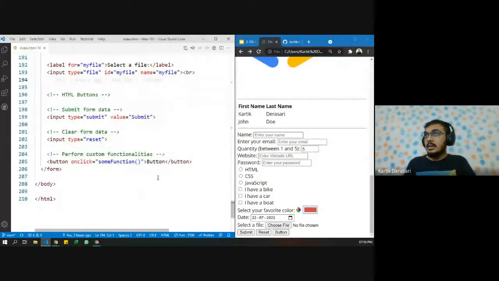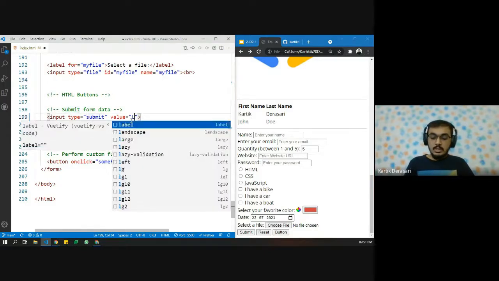And lastly, the last thing is HTML buttons. Whenever I want the user to submit all the form data, we can use input type equals submit, and we can use value equals submit.